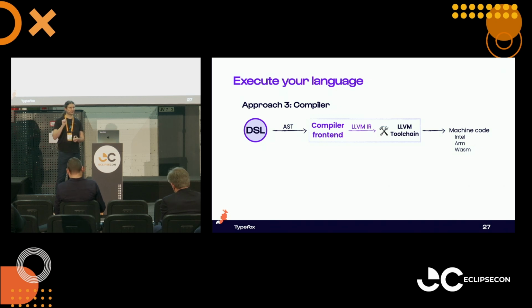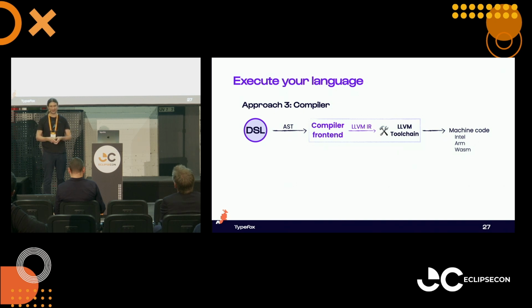The last approach is a compiler. A compiler means we want to target directly executable machine code. This can be done, for example, using an open source framework called LLVM. It's a project that is quite widely used. It has a vibrant community, even its own conference. For example, the Clang compiler is from that project, and also the ClangD language server, which gives C++ support